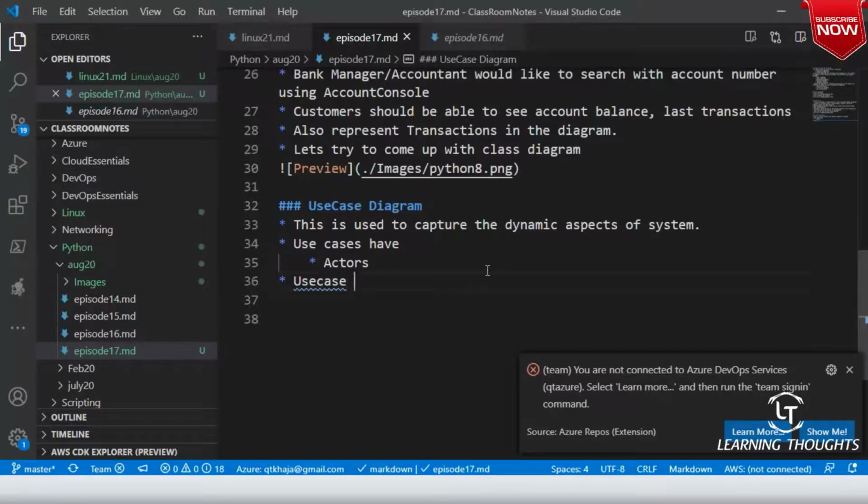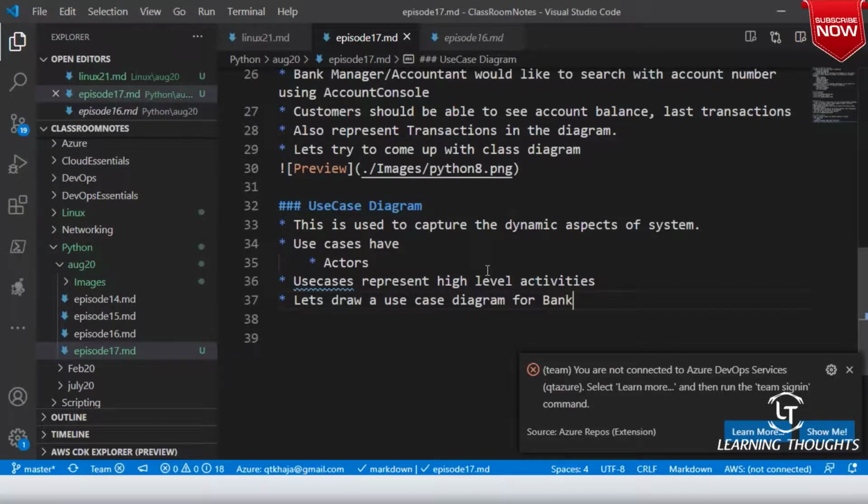Use cases represent high level activities. So let's draw a use case diagram for bank ATM.